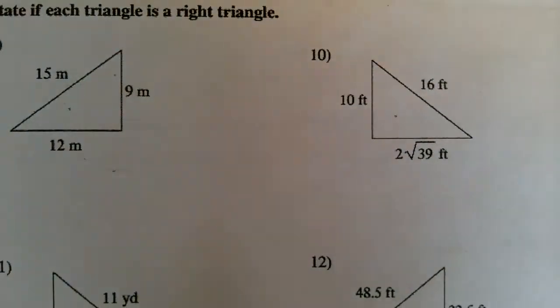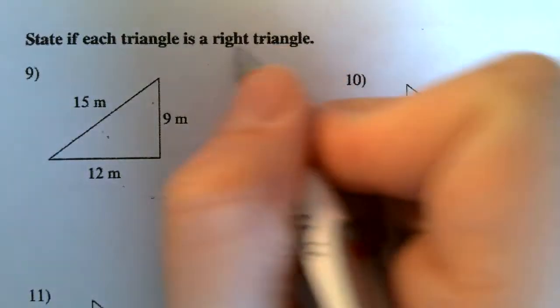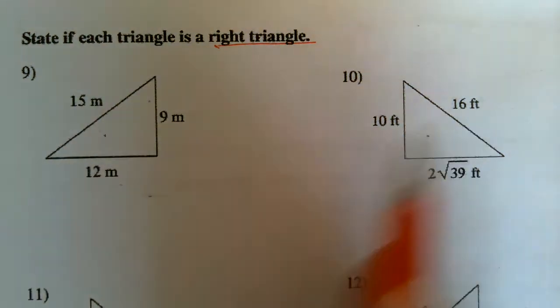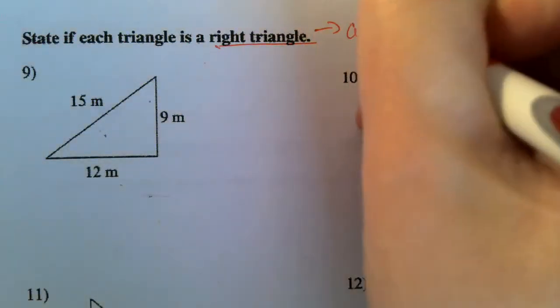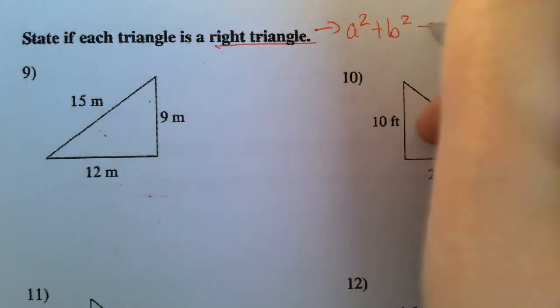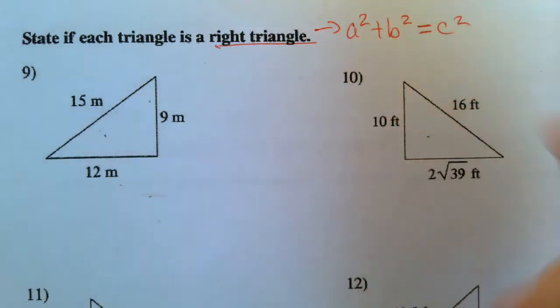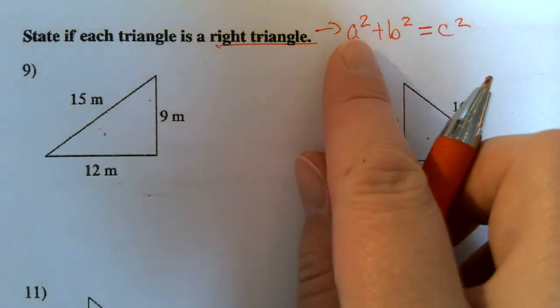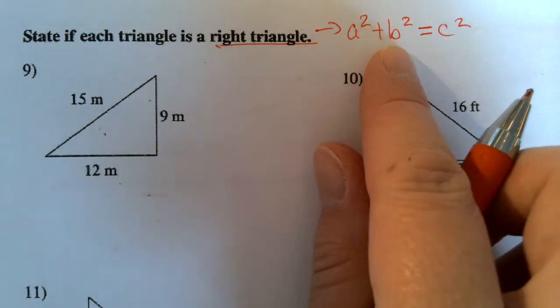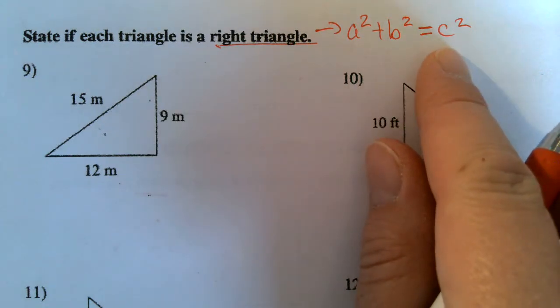Problems 9 through 12 ask you to tell me, is it a right triangle? So you're not looking for any missing pieces. I'm giving you a triangle, and I'm asking if it's a right triangle. If it's a right triangle, then a squared plus b squared should equal c squared. This is the converse of the Pythagorean theorem. Knowing that if the two legs squared, or the two smaller sides, equal the bigger side, then we know it's